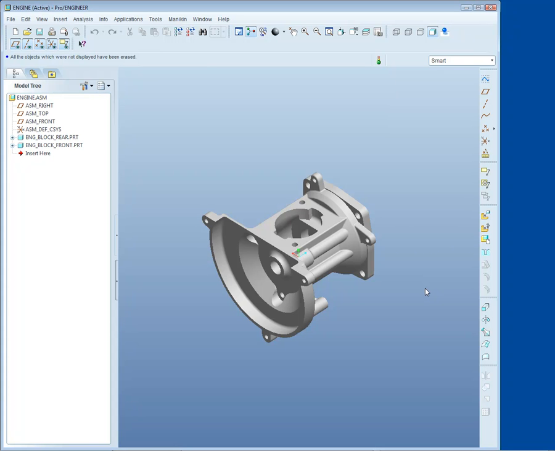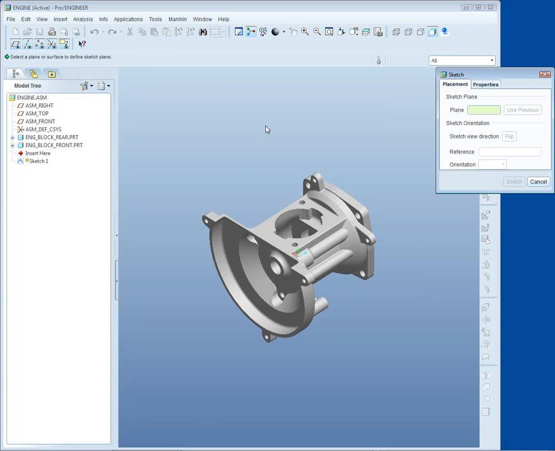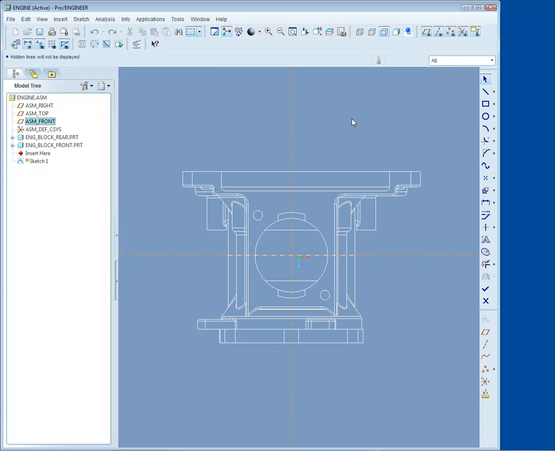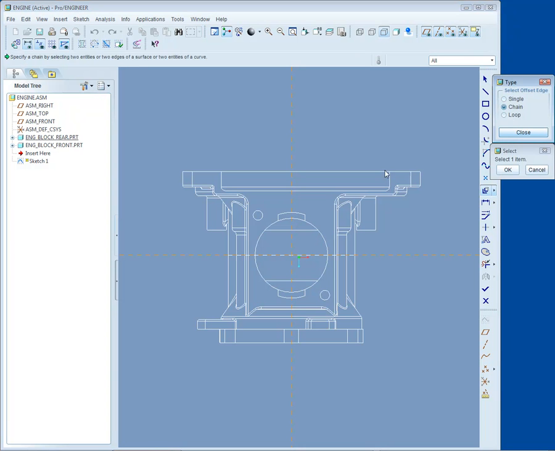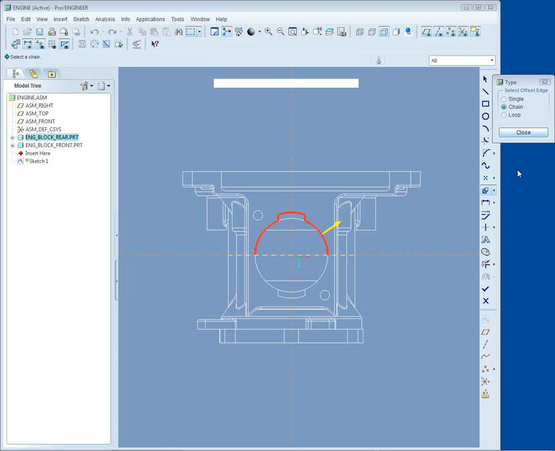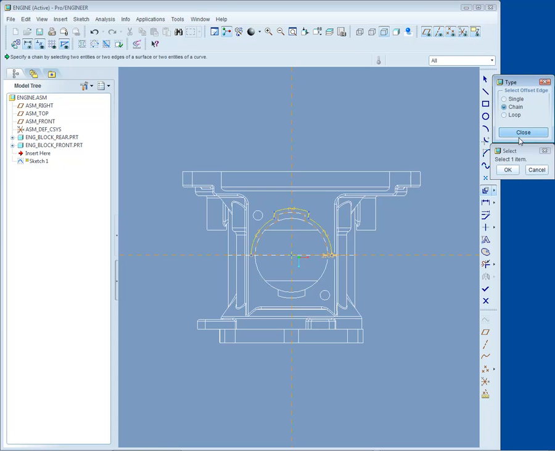So the first thing that we have to do is create an assembly level cut. So we'll go ahead and create the sketch for that assembly level cut. And we're actually going to create a cut for an O-ring groove to go around this hole here. So we'll create an entity offset from edge chain here, and we'll offset it a distance of 2, and we'll